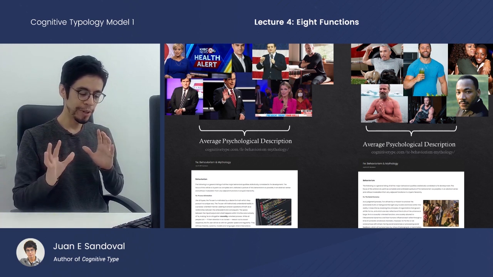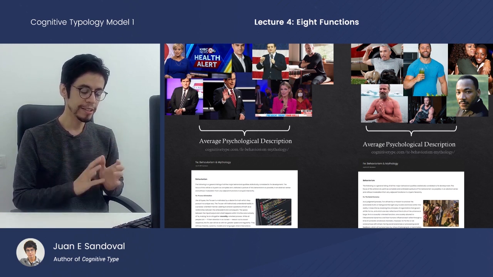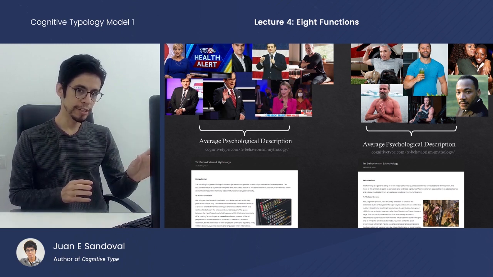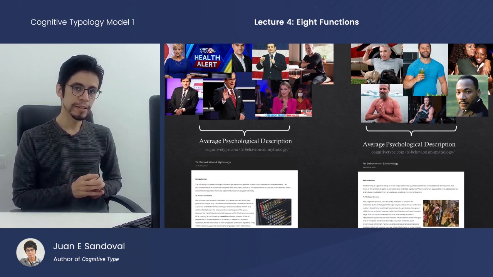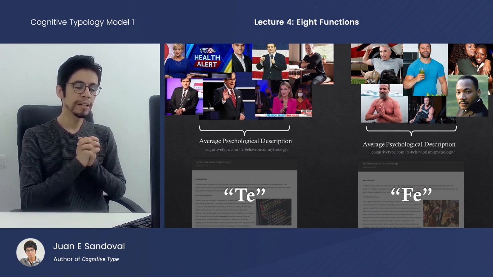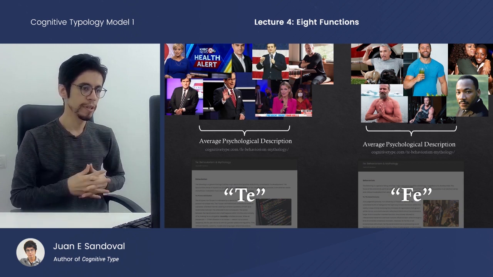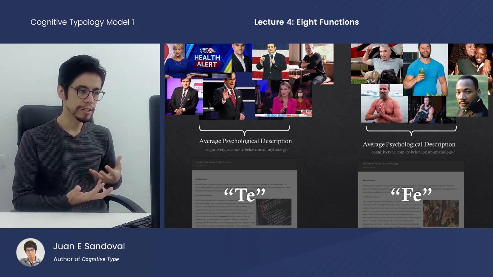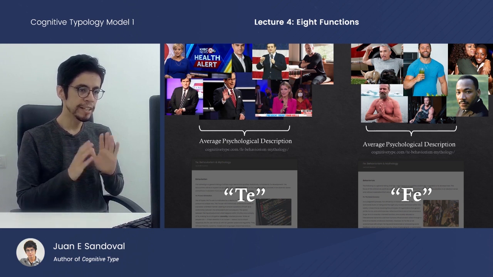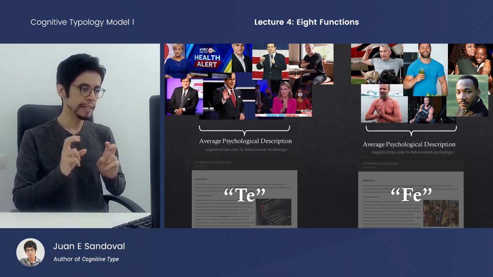Now, this is the critical part where I try to connect this phenomenon to Carl Jung. So the dictating Vultology that we just saw corresponds roughly to Carl Jung's TE. And so for the time being, I'm going to call it "TE" in quotes. And also the handling Vultology corresponds to Jung's description of FE. So we'll tentatively put that in quotes as well, as "FE".